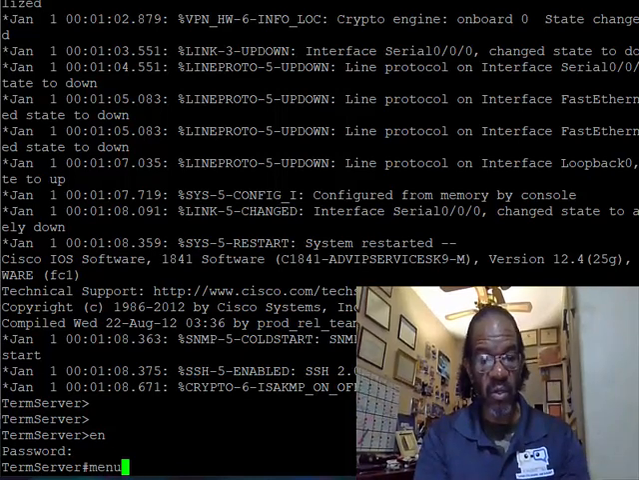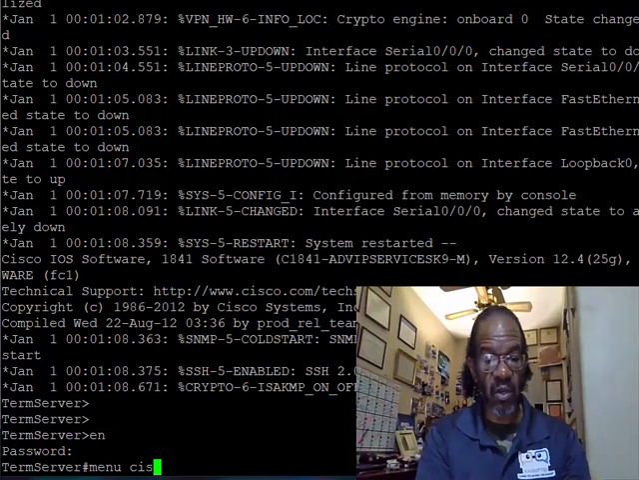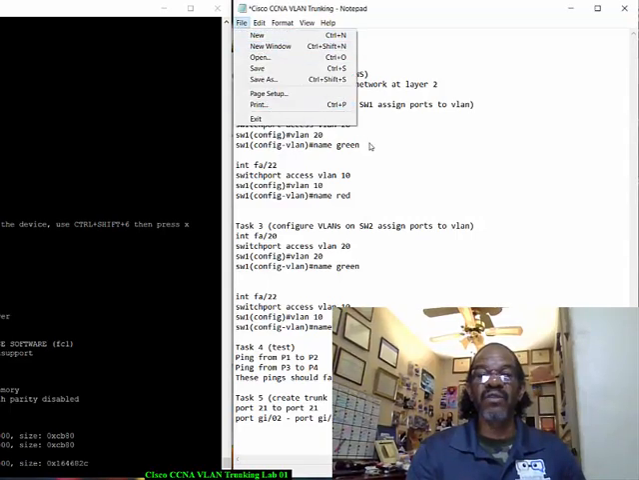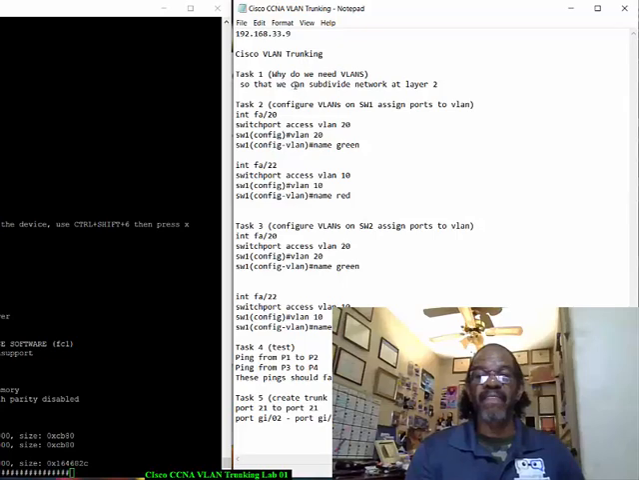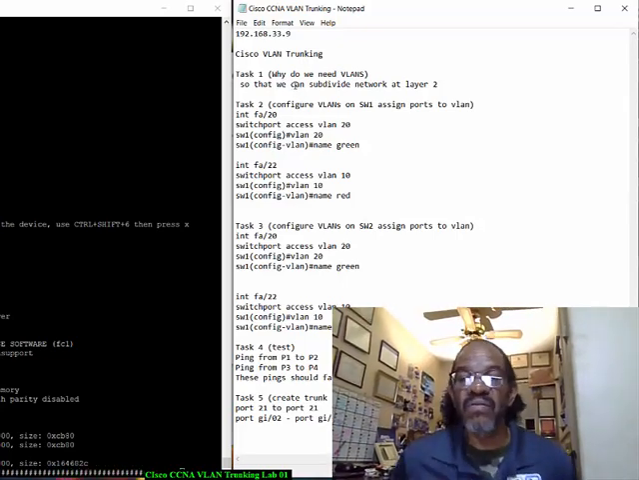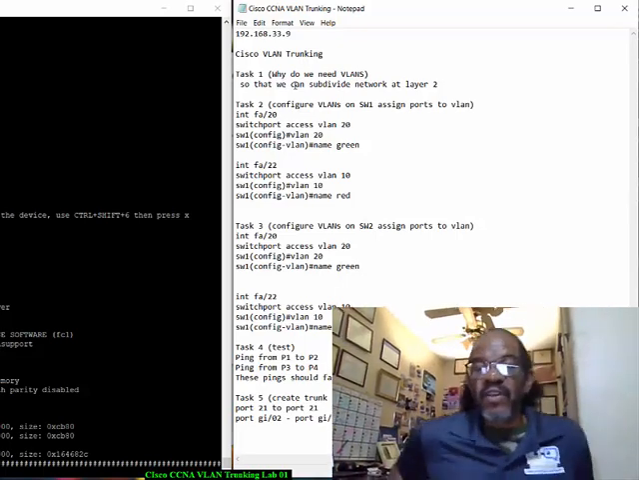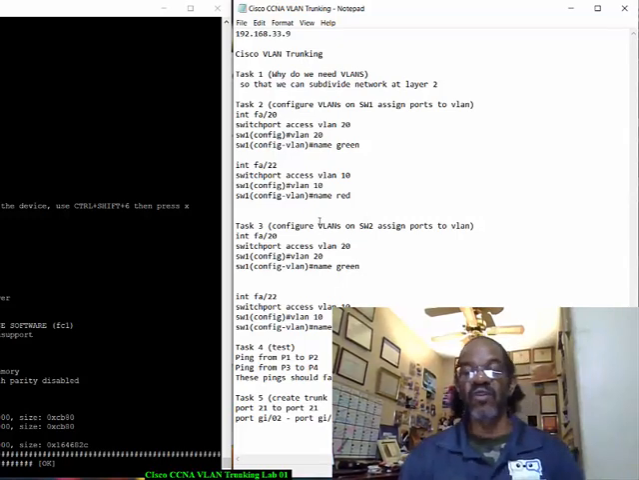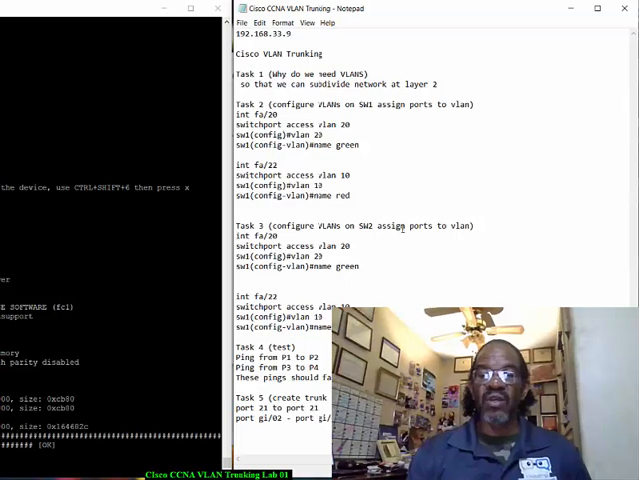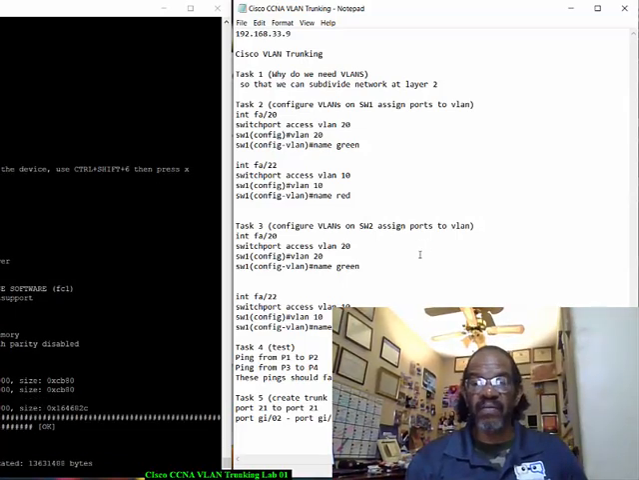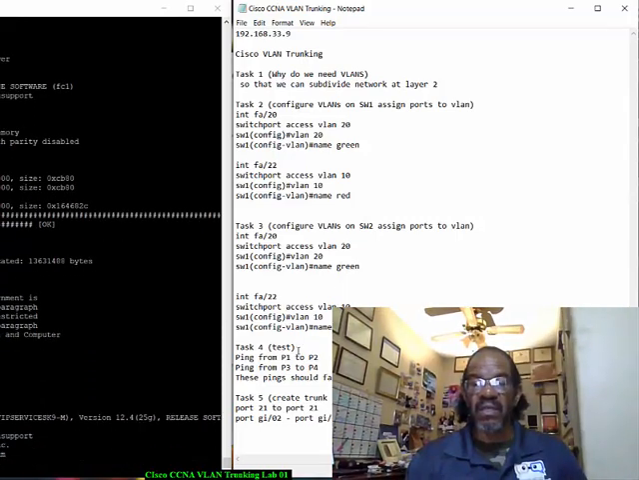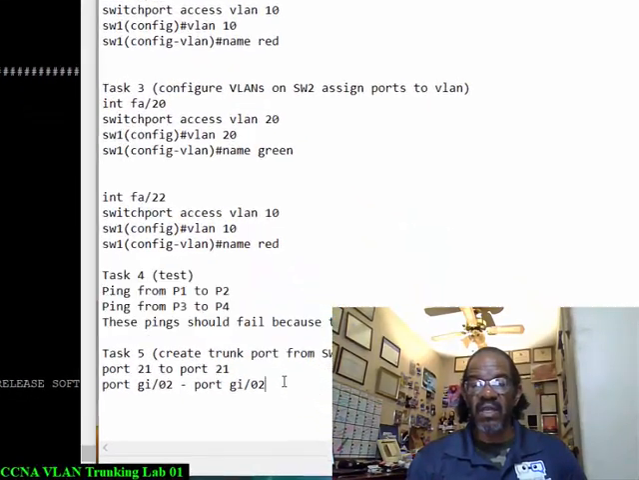Menu, Cisco, task on what we need to achieve in this lab. Task 1, why do we need VLANs? We configured a VLAN on switch 1 and assigned it to the right ports. We configured VLANs on switch 2 and assigned the ports to the correct VLAN. There's a command. This is where we're at right now. We're pinging, and then we're going to